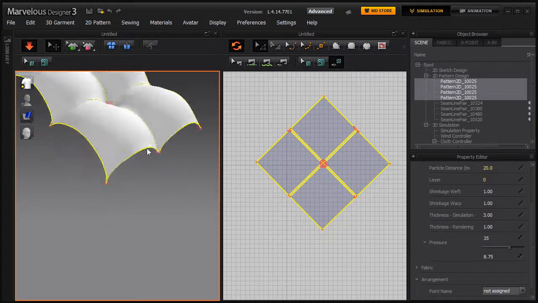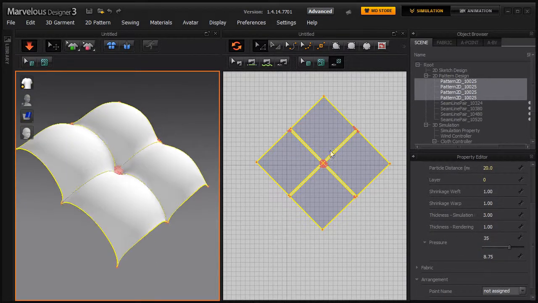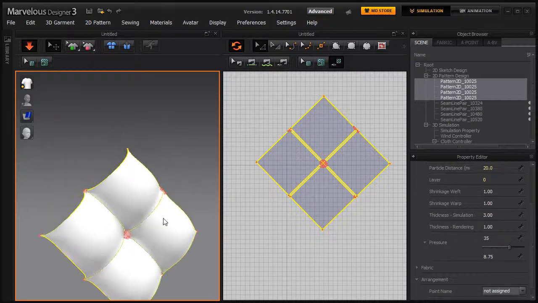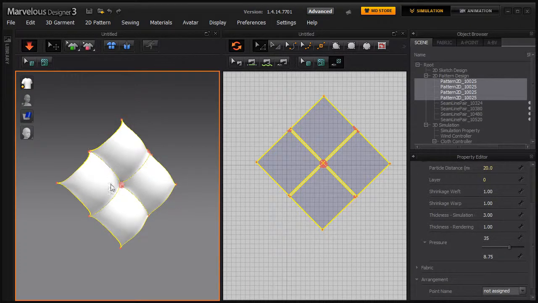But what you've got there is, if we turn it around like so, if you repeat this pattern over and over, you can create a covering for a sofa. So you get that sort of leather effect. And in here you could build 3D models of studs, and bring those in as an avatar so that this collides with them as well. This could also be a pattern for a puffer jacket. So you build up these sections here, sew them all together,